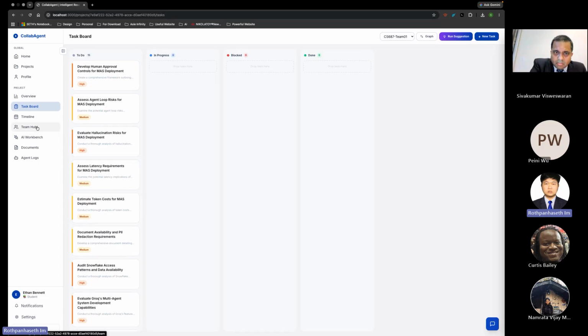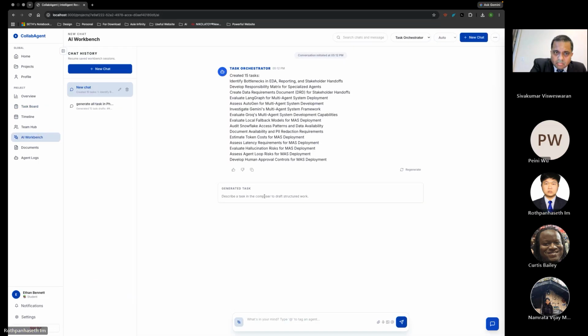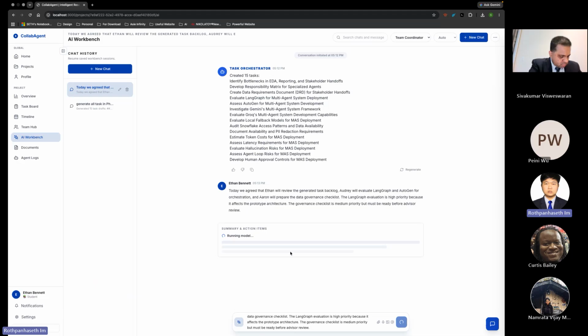Also in this one, I can act as team coordinator by reporting the action, the meeting, like today we agree on who will review or anything else, and just let it run the model.